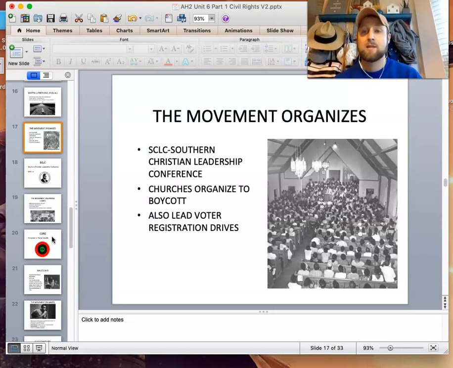He organizes through the church. He creates a group called the SCLC, Southern Christian Leadership Conference. They use the churches in the South, the African American churches, to organize things like freedom rides, sit-ins, marches, boycotts. Freedom rides were almost like parades in which people would ride through very racist towns. It was very dangerous. They were attacked often by the KKK and other hate groups and just racist people in general in the South, in which they had signs on their car pushing for equal rights and freedom.